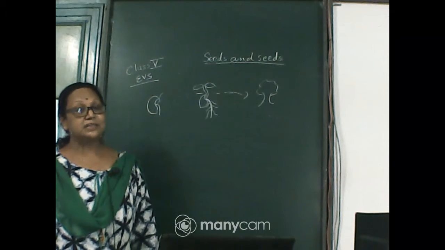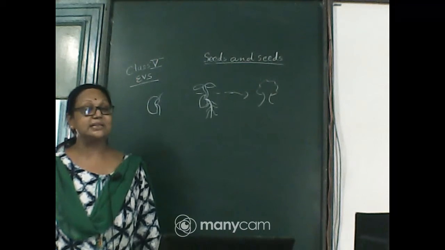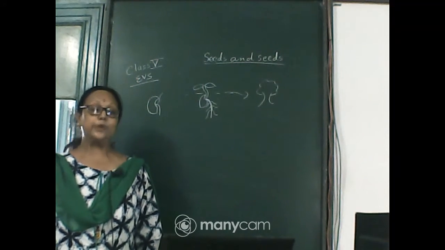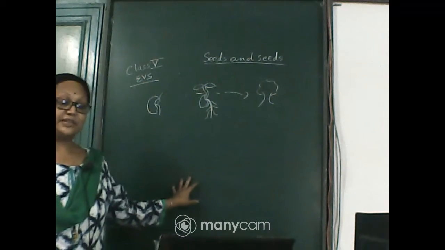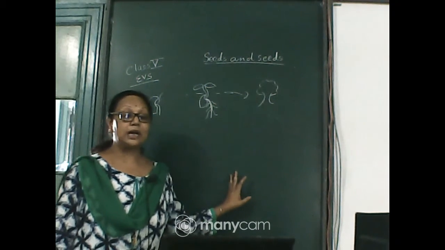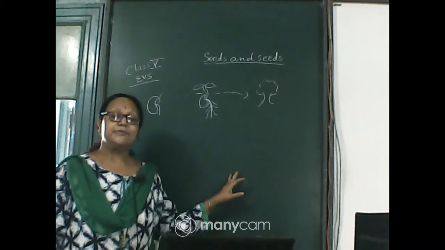And the next one: in the fern plant, we will see the sori are there, and from these sporangia or the sori the new plants grow. So this kind of plants which grow without the seed, or other than the seeds, are called vegetative propagation.